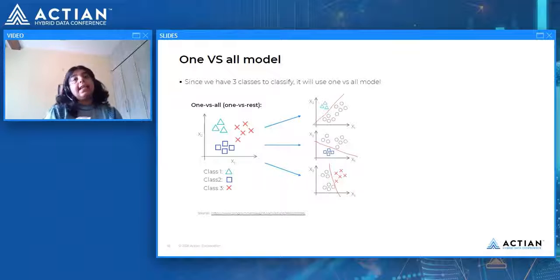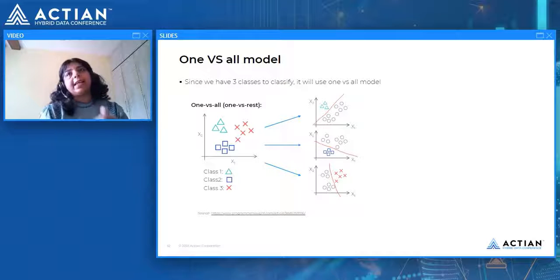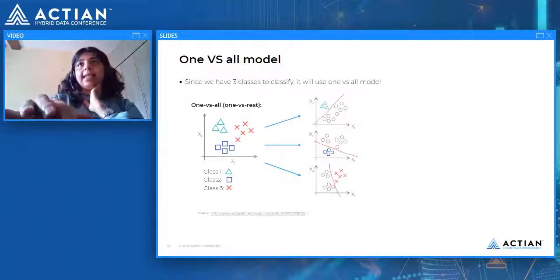And then in the third case, it would be the crosses in one class and the rest in another class. So we would get 3 probabilities, or 3 ways to express it, and whichever is the highest number, we pick that, which tells us that it has the best probability, or is closest to where it should be, and that is how we pick it up. So how do we do it exactly?